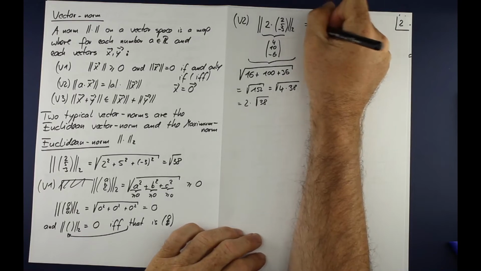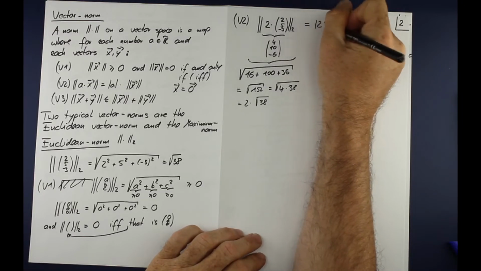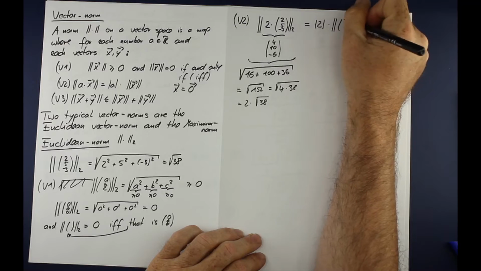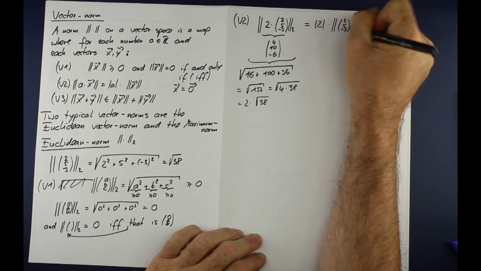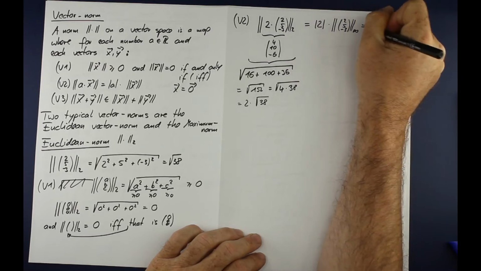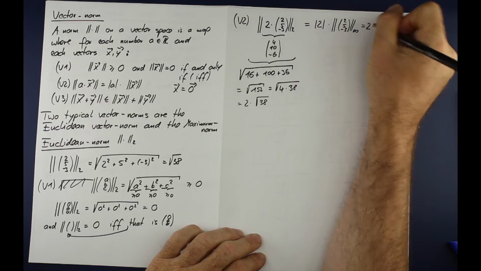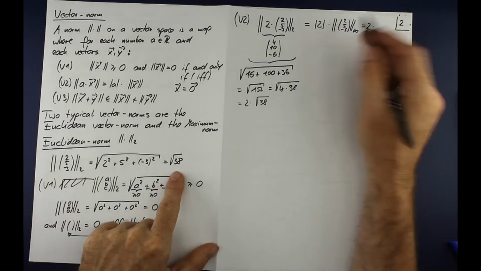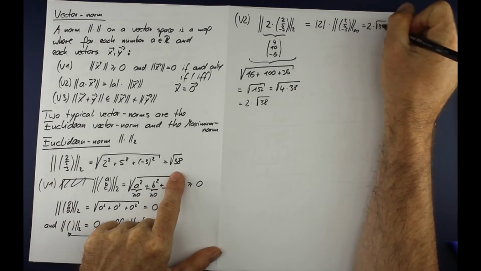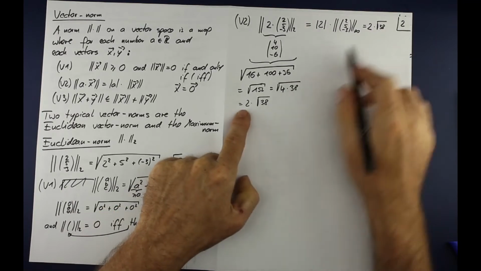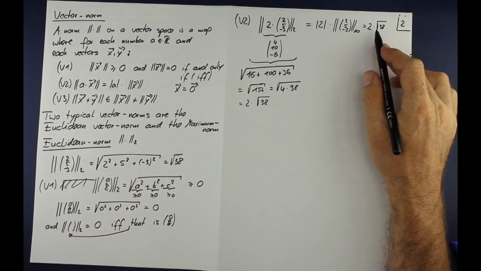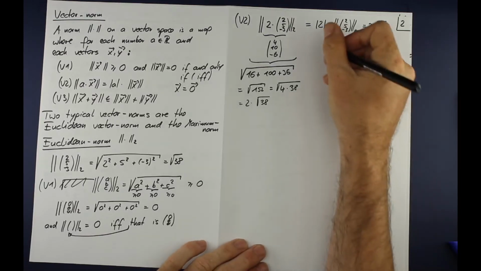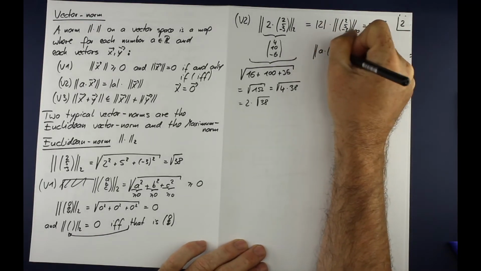And now let's compare that with the absolute value of 2 and the Euclidean norm of 2, 5, minus 3. The absolute value of 2 is 2, and the Euclidean length of that vector we had already, and this is the square root of 38. And so this is indeed true. And it's not so hard to prove in general. We can prove that